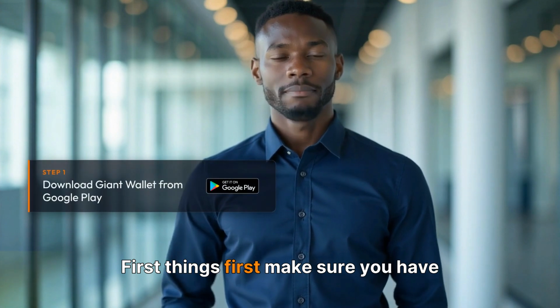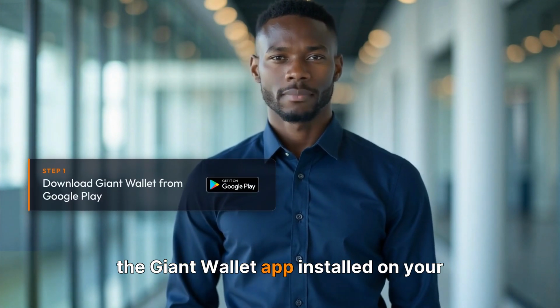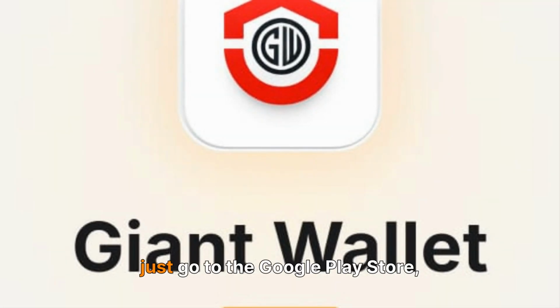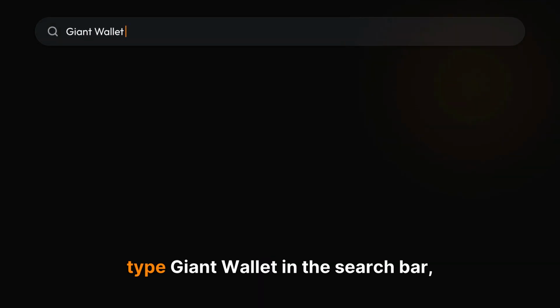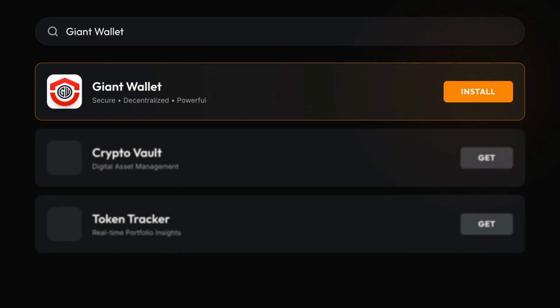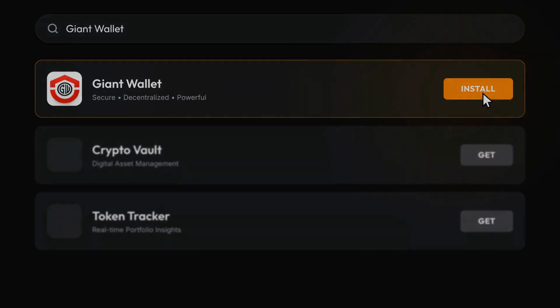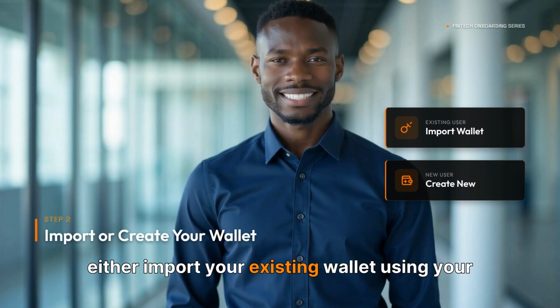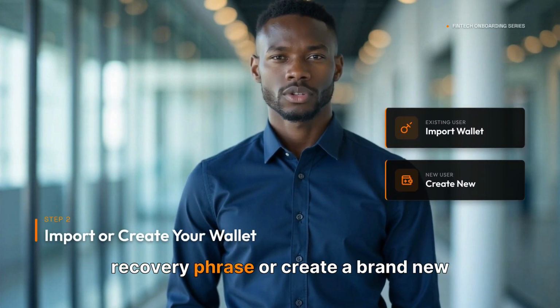First things first, make sure you have the Giant Wallet app installed on your phone. If you do not have it yet, just go to the Google Play Store, type Giant Wallet in the search bar, look for the app with our logo and hit download. Simple. Once the app is installed, you can either import your existing wallet using your recovery phrase or create a